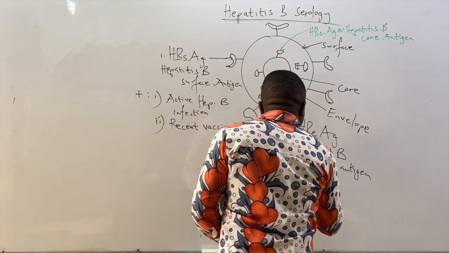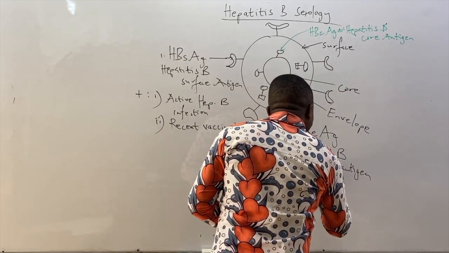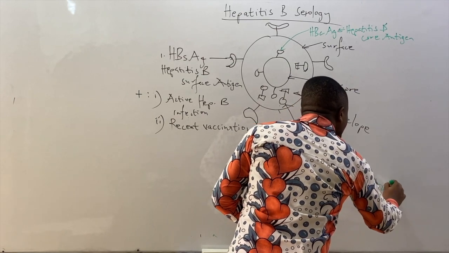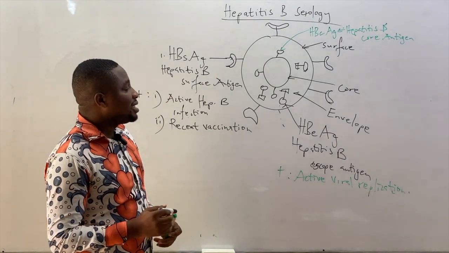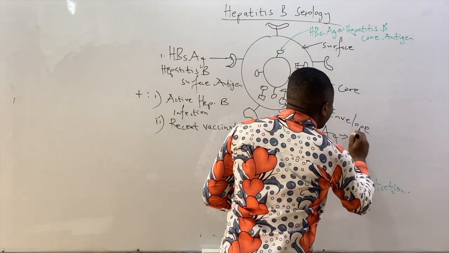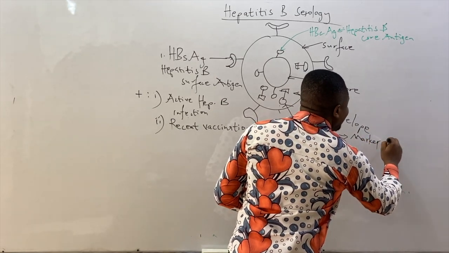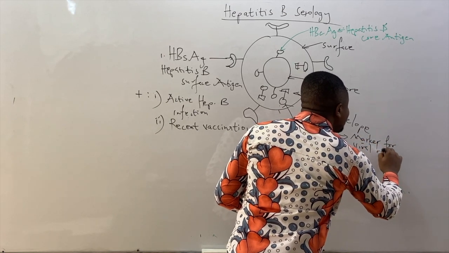So for hepatitis B e antigen to be positive, it denotes active viral replication. Because of that, the hepatitis B e antigen is considered a marker for viral replication,